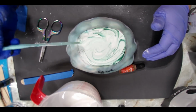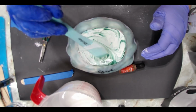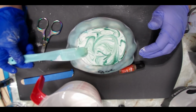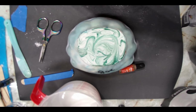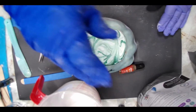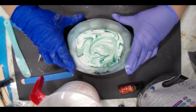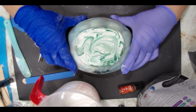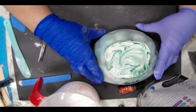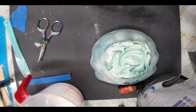Hopefully some got in the middle, but if it didn't, that's okay, because I was going to use some resin and put something on the other side there. Alright, let's see. I'm going to close this powder up. Let me see how we are looking here. Okay. I'm going to let him sit, and I'm going to pour the rest of this in this dirty mold